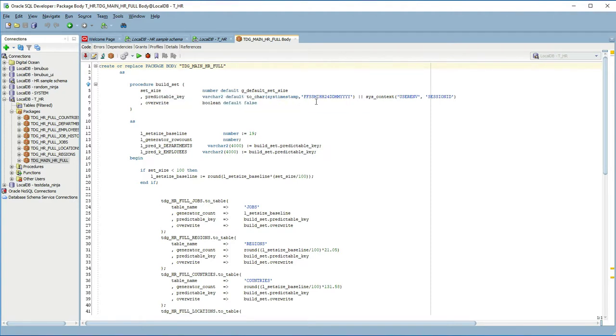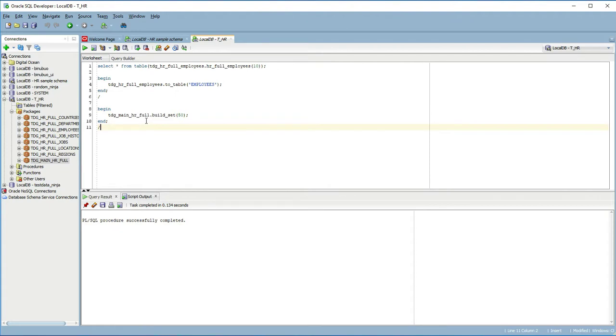Predictable key is when you want to use a salt to make sure that your random data is the same data every time you use the package. And then override is whether or not you want to override any tables you already have in your schema. But that's basically it. So if we run this now,